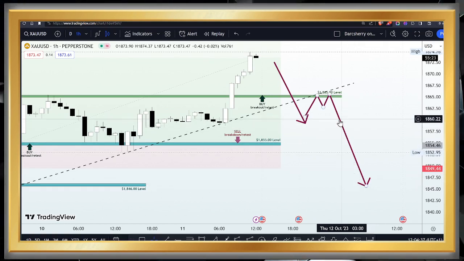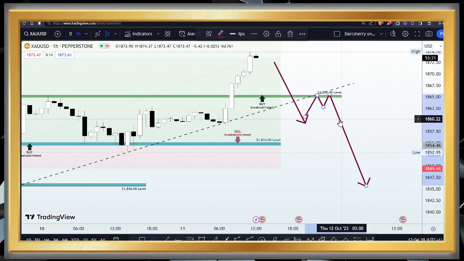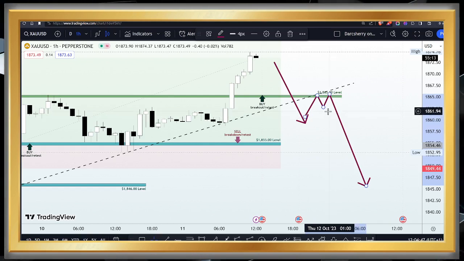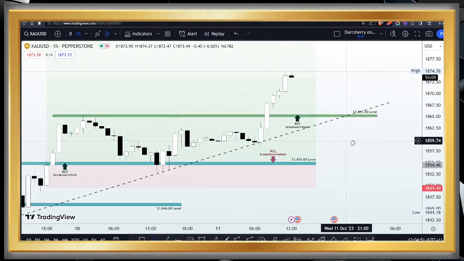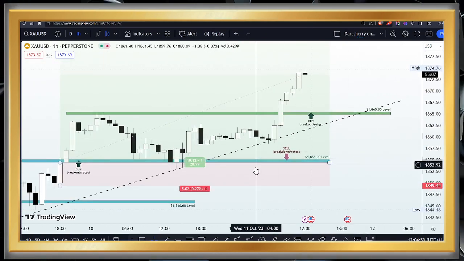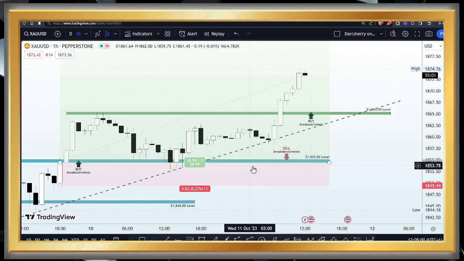So on the XAUUSD, I'm still holding on to a bullish bias as long as price remains above that ascending trend line. So these are my views here on the XAUUSD for today. So you do want to be marking out these levels on your chart. Most importantly, the trend line here, which will be playing a major role in determining the direction of price action.